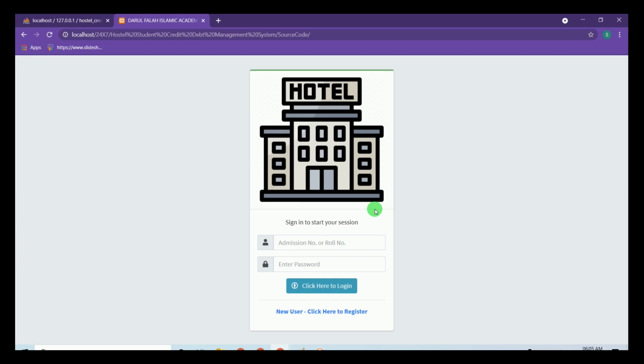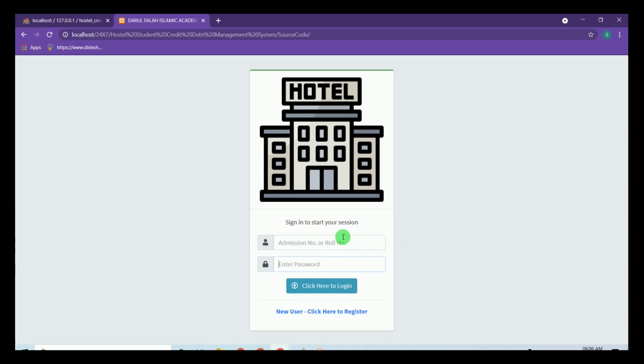So this is to help the hostel students to keep their money safely, and the admin and the staff of the hostel will manage the system and they are responsible for the credit and debit details of the students. In the window which is available to you, the students can log in by entering their roll number and password. Only the students who have registered already can log in using the roll number and password. The new students must register to log into the system.